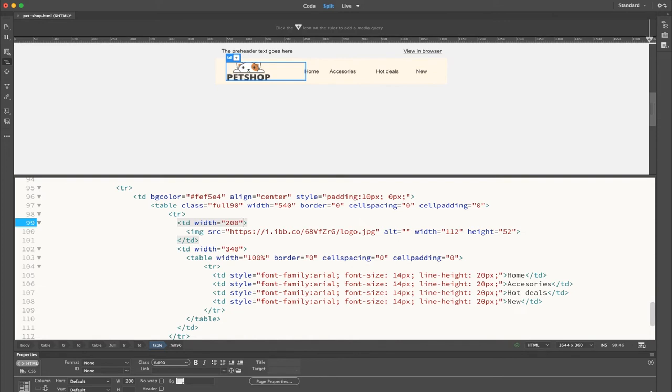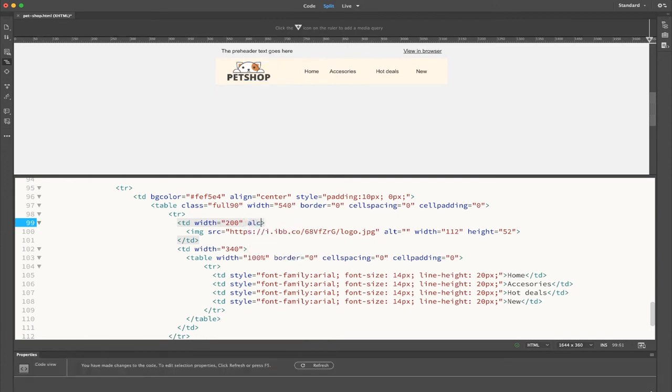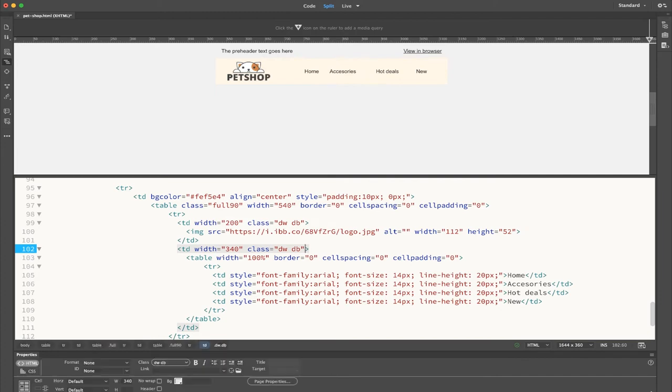So the problem with this is that I need to actually center this logo on mobile. If I do align center now, well, let me not do what I've just done. So I'll explain what I'm trying to do. If I give this a class of DWDB, you guys know what this is already. I know you know because it's on the course and it's everywhere, and it's even on the videos here on YouTube. But anyway, I've got the DW and the DB in there to control how it's going to work